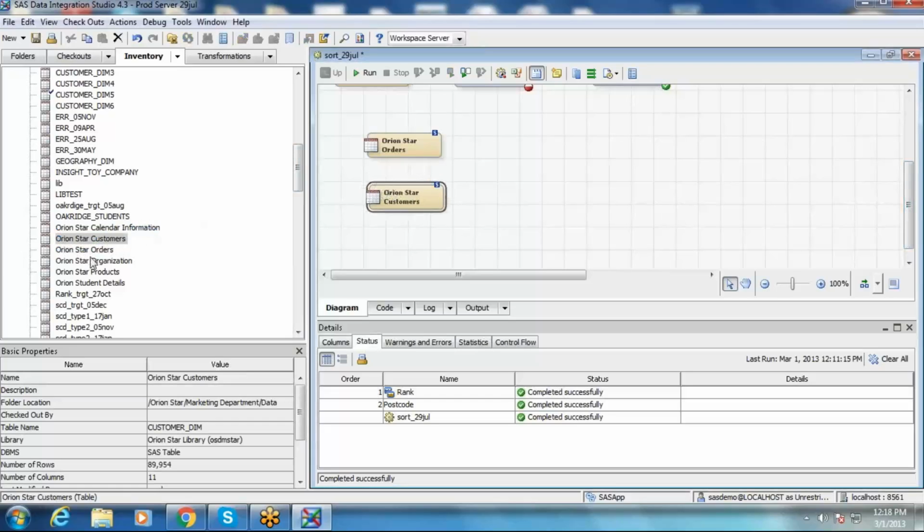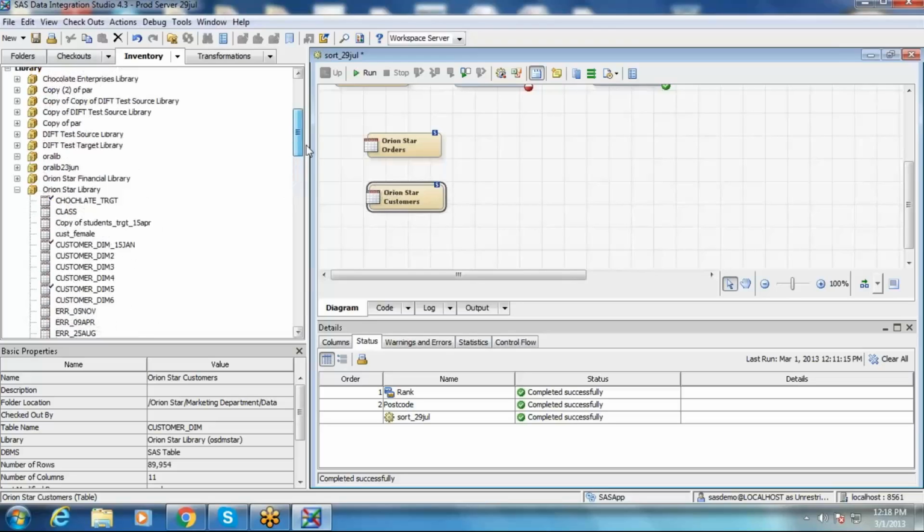If the table is not there in this library and you are given a requirement to join these two tables, and you are not able to see the table within the library mentioned in the business requirement document or functional specification document, then you definitely need to go for registration of the table. If the library itself is not there, you need to get in touch with your administrator to create a library for you.